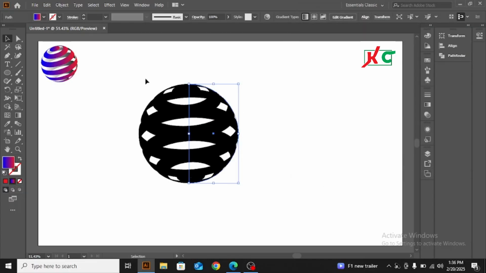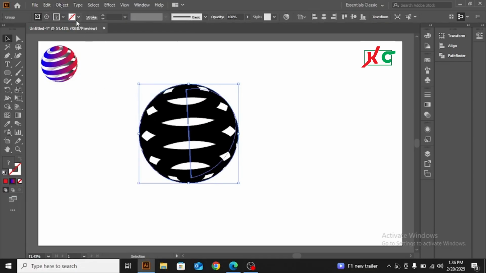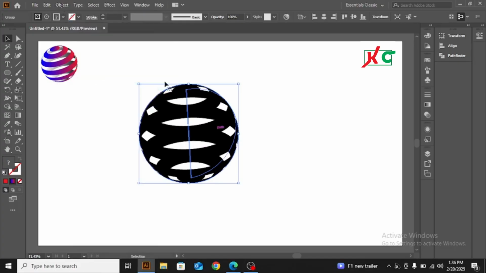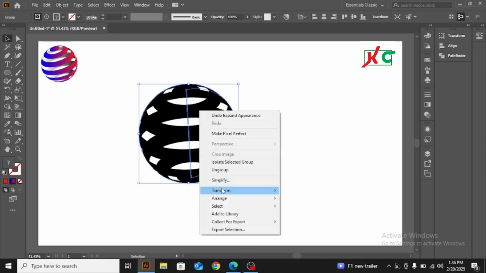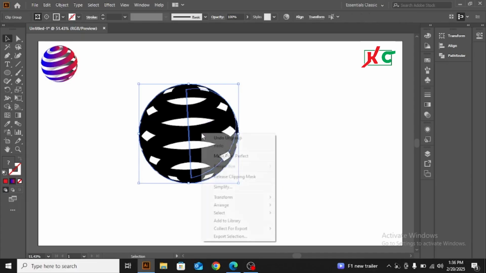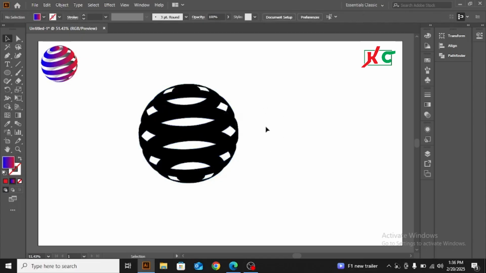So now to change the color. Now go to the Object menu and expand all the things. Go again and expand. Already done. Go to the double there. Ungroup all things and release mask. See, right now